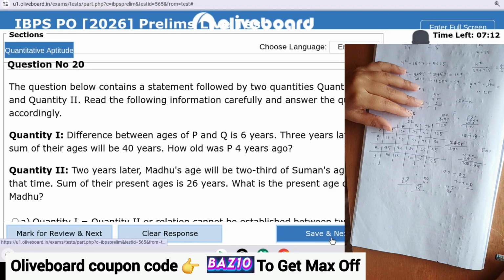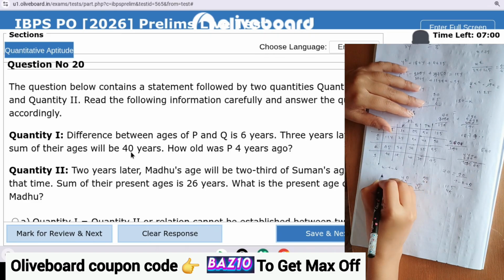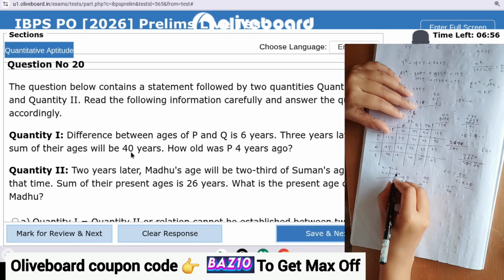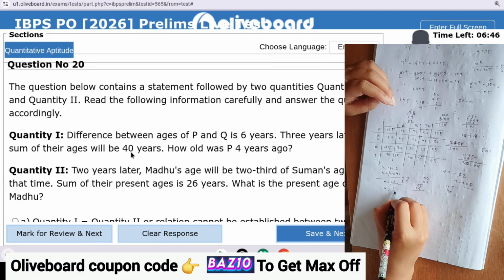Next is years later the sum should be at all. Okay, x minus y is 6, x plus y is 40. It is equal to 2x 146, so the x is equal to 23. তাহলে y সমান হয়ে যাবে 17।